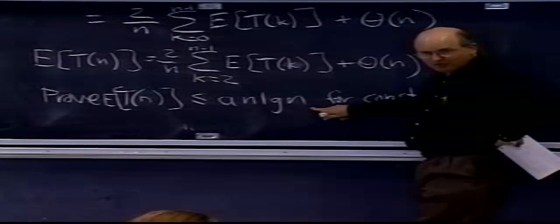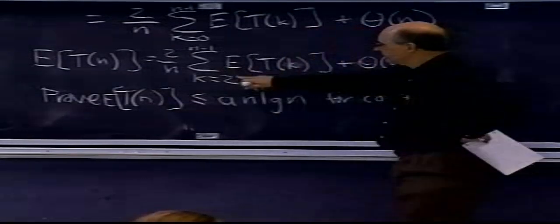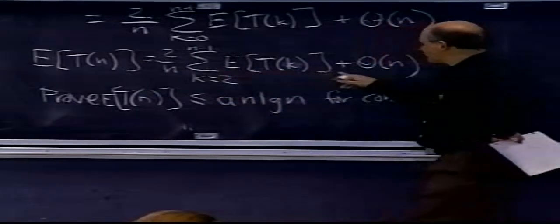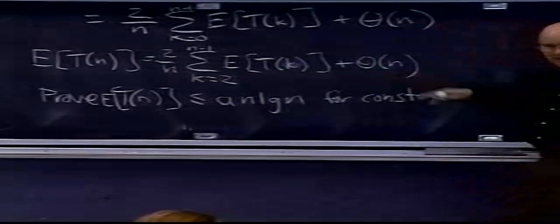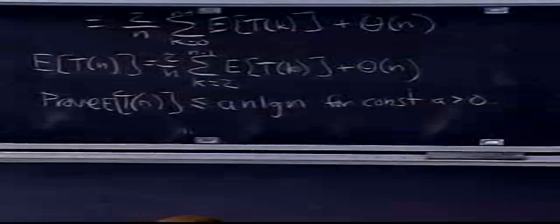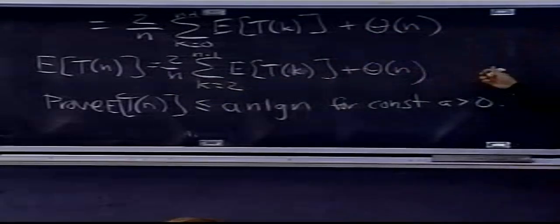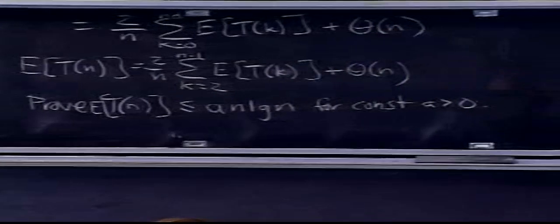And then it won't be true. But as long as I assume that n is at least 2, then I can do this. And that's why it was convenient to drop those terms and throw them into the theta n here, because they're just insignificant. In fact, each of those terms is at most theta 1, and we're dividing it by n. So really we're adding a puny, puny, puny amount to the theta n to make it true.